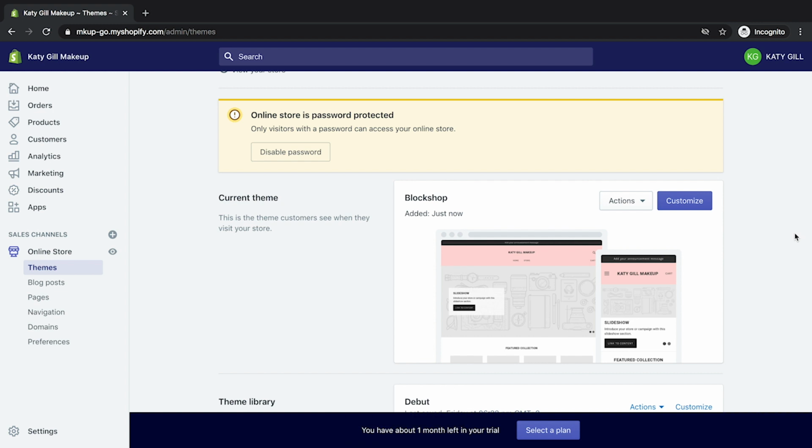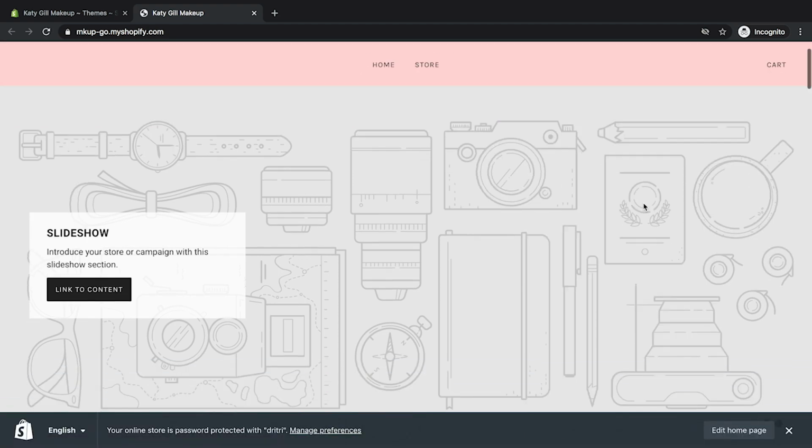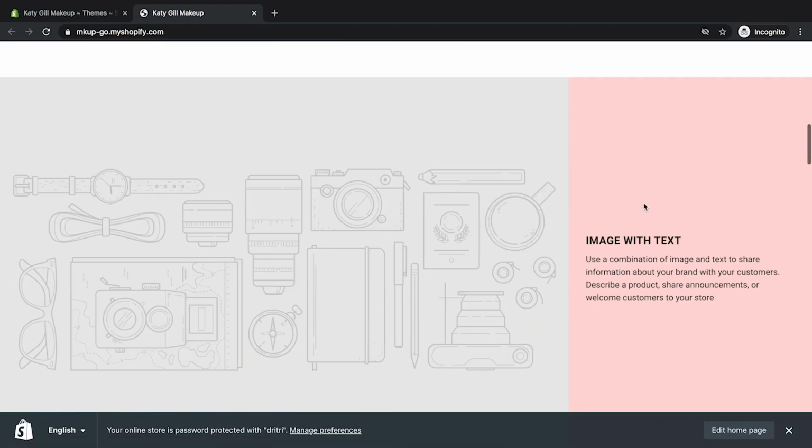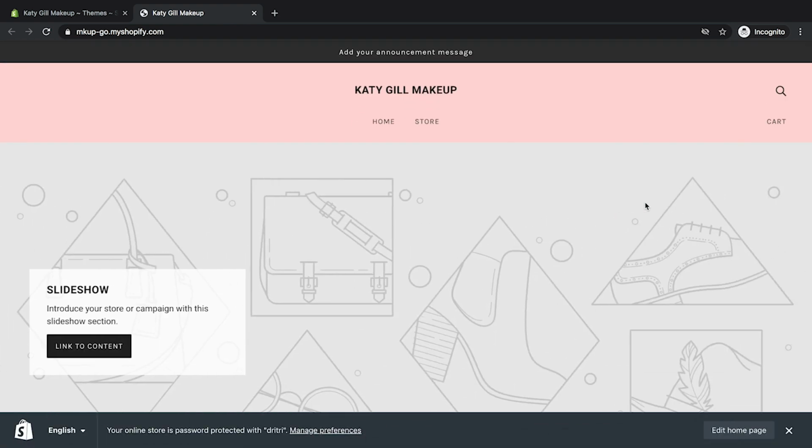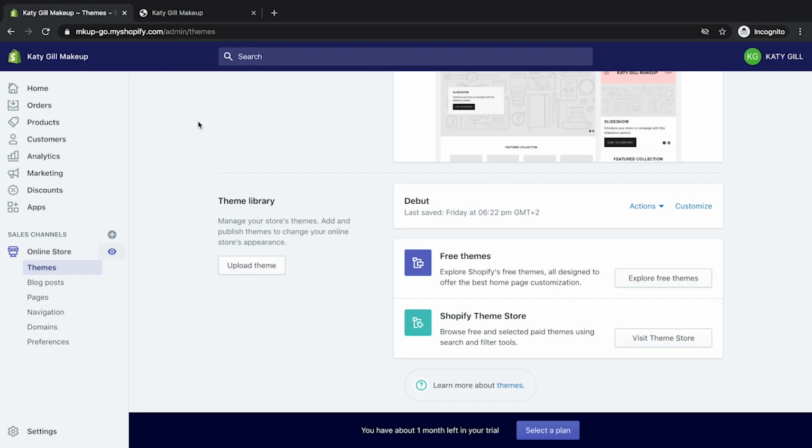Great. Okay. Now if we click on Online Store and have a view, there you go. You've got the new store theme here, and they've added in some demo content for you. So with a few clicks, you've completely changed the look of your store. Next up, we need to start adding in content and seeing what the shop looks like as a whole.